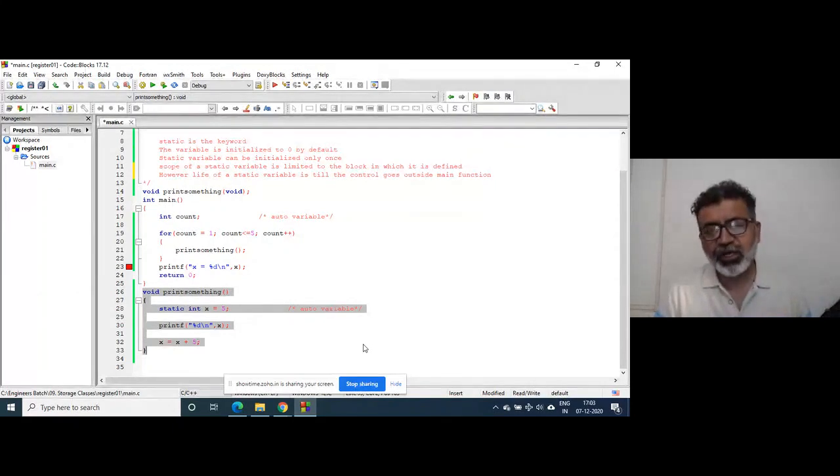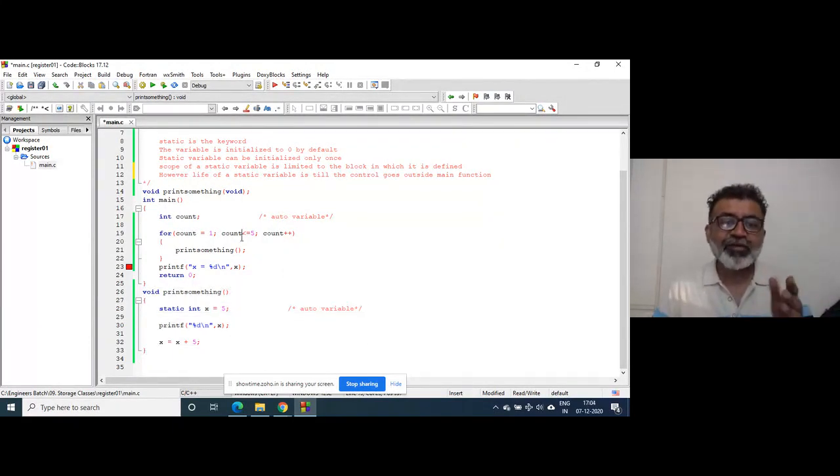Even the function is destroyed. But the static variable is alive. So when next time control goes inside the function, the static variable has not died. Auto variables are dead, they exist nowhere in memory, but static variables are alive. This variable is alive till control goes outside the main function at the end. Till that moment, static variables are alive.